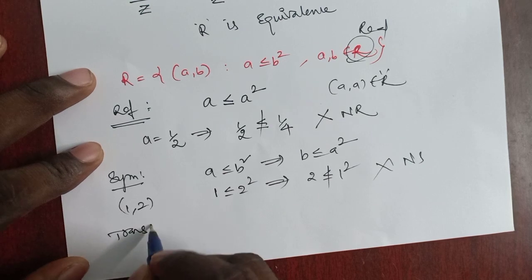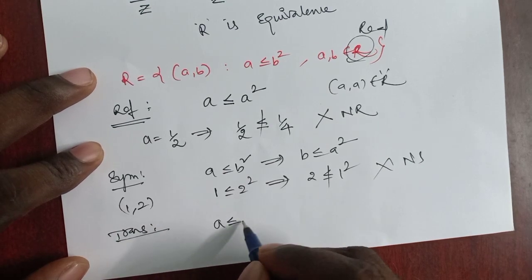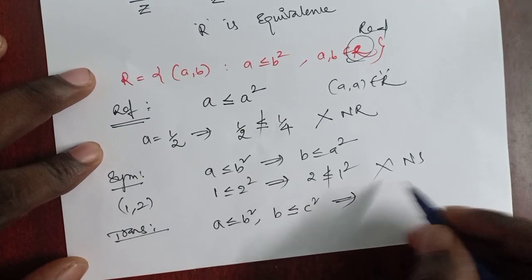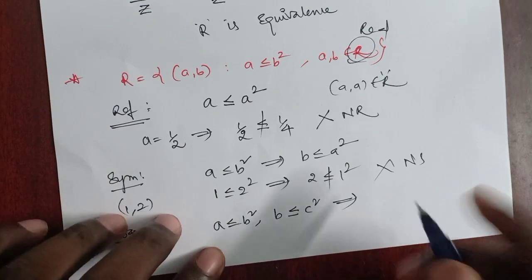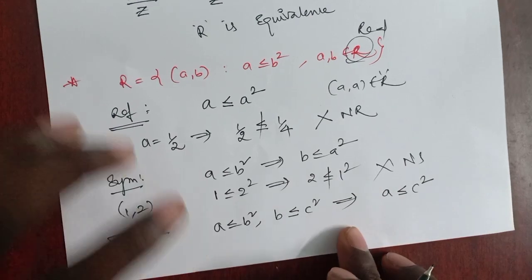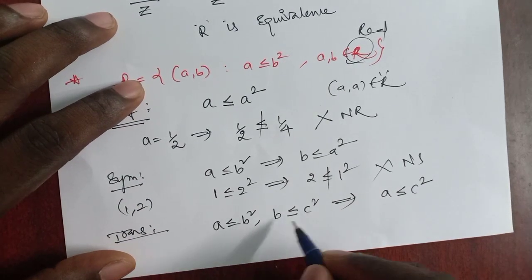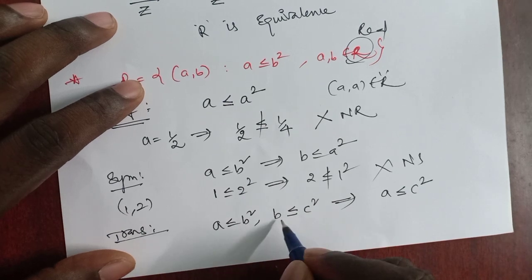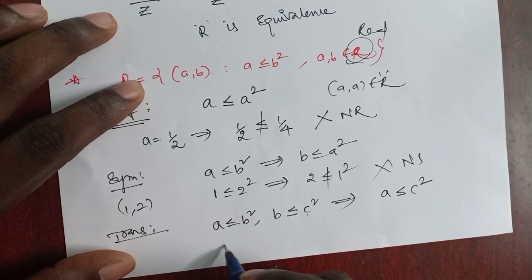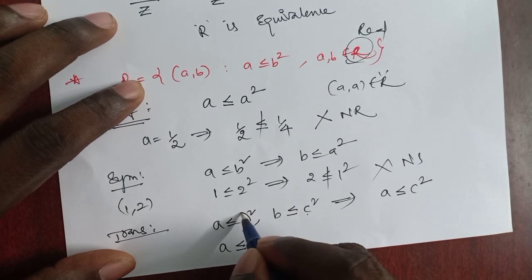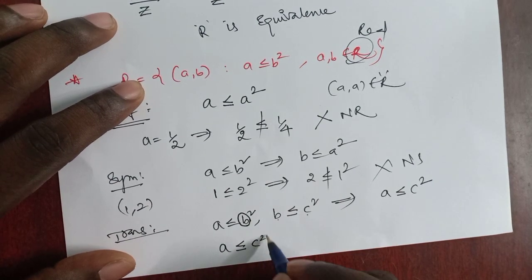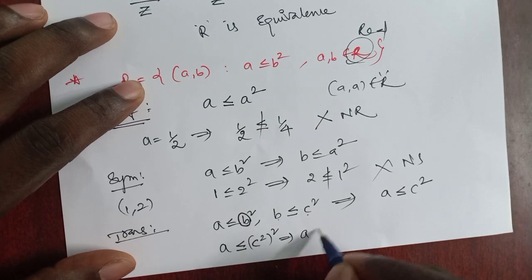Now coming to the transitive, so A less than or equal to B square, B less than or equal to C square, then what we get? Suppose it is transitive, we have this condition. But see here, A less than or equal to B square, and here B is C square. Now replace B with C square. What we get? A less than or equal to B square, and what is B? C square. Now substitute C square here, C square whole square, then it is A less than or equal to